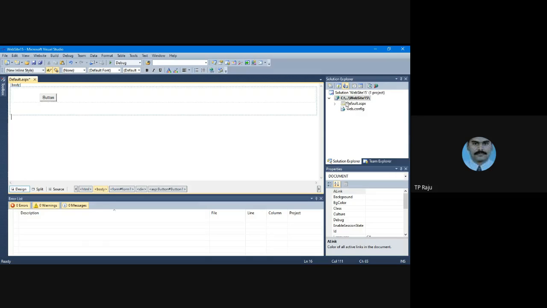See, this is the root. Website15 is our root folder name. In that we have Default.aspx. Before Default.aspx, one arrow symbol is there. If you click, that arrow expands the list. It is showing Default.aspx.cs, our code-behind file in C#.